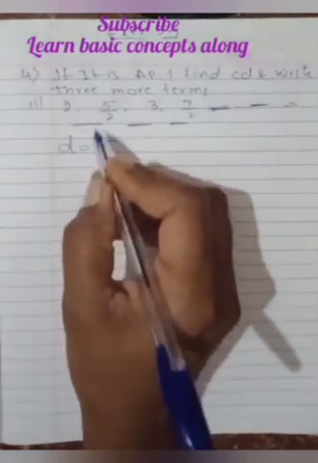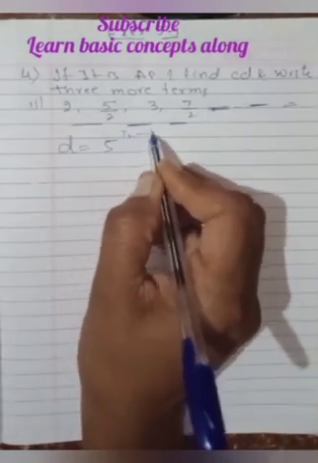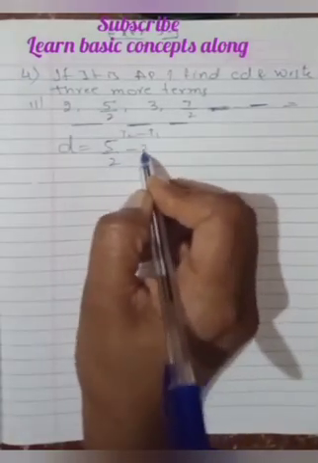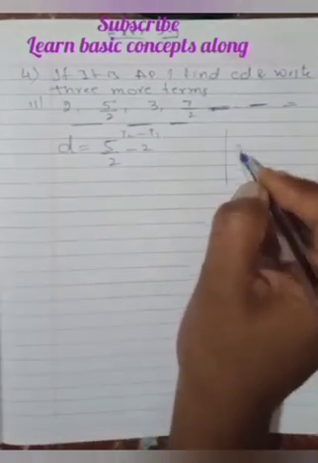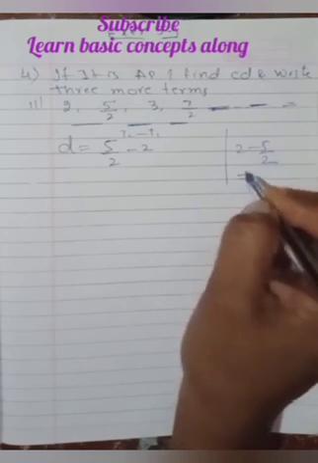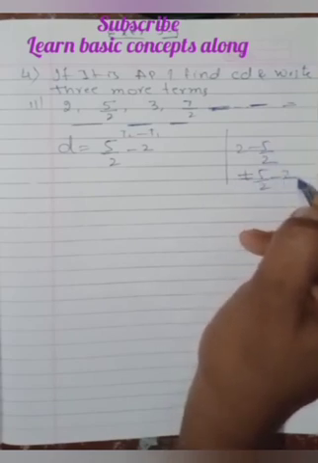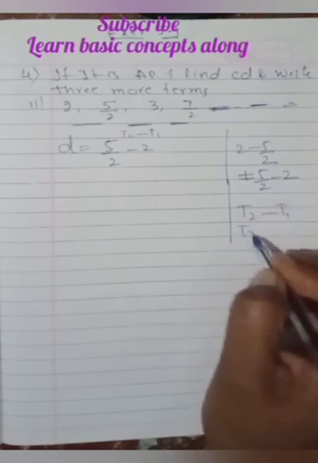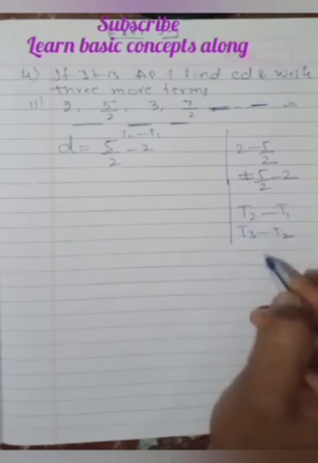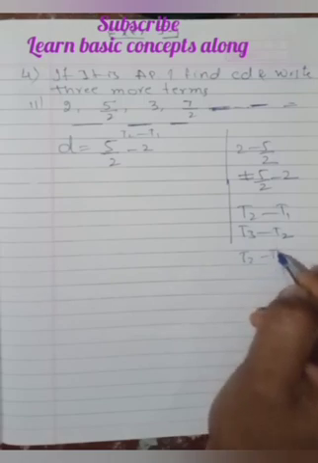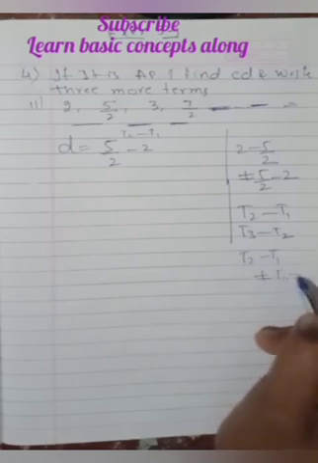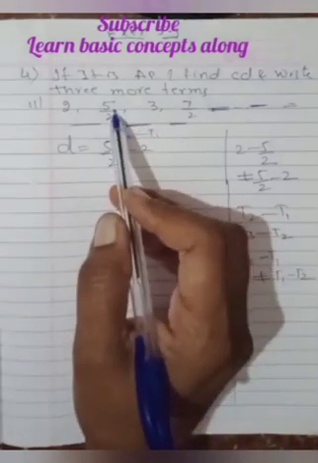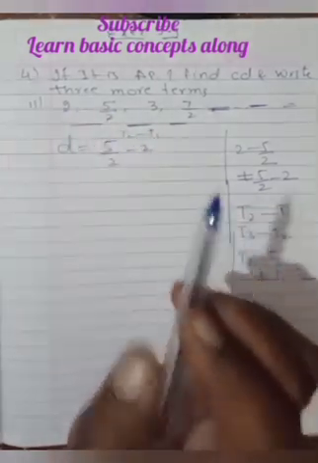So first of all, we'll go with T2 minus T1, that is the second term minus the first term. 5 by 2 minus 2. See here, children, 2 minus 5 by 2 is not equal to 5 by 2 minus 2. So always be careful, T2 minus T1 you are calculating, T3 minus T2 you are calculating. Here T2 minus T1 is not equal to T1 minus T2. You should not do that. Always calculate the next term minus the previous term. Be careful with this one.